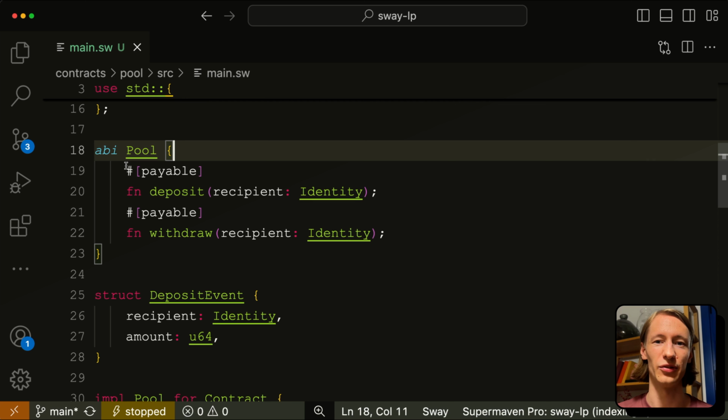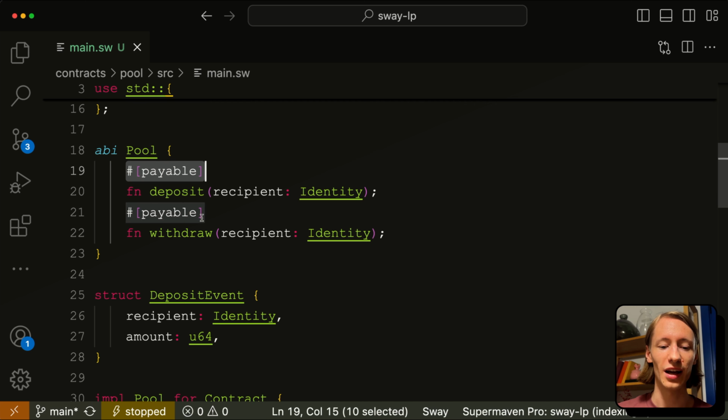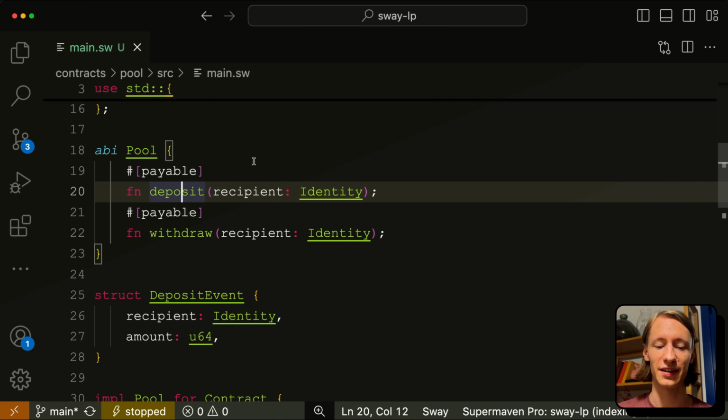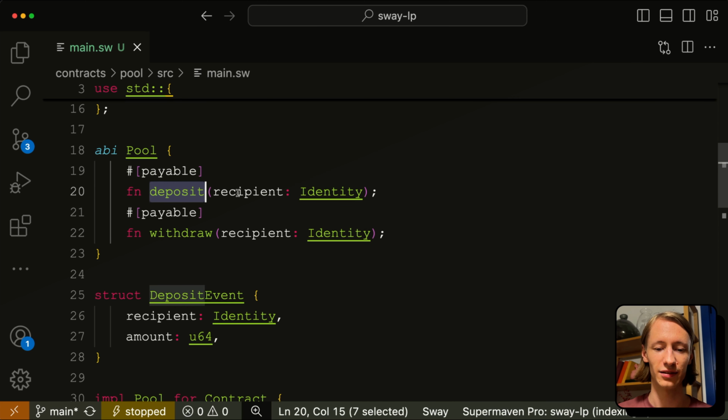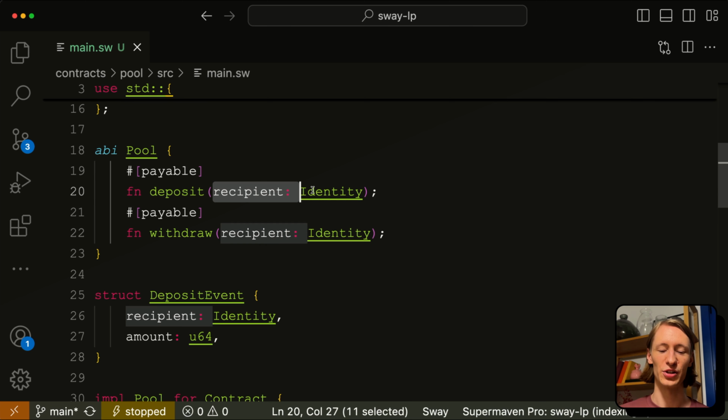We can even do this without reading the logic. Of course, reading the logic is important. So two methods, deposit and withdraw, which match the logic I've described. Deposit accepts a recipient, which is the address that should receive